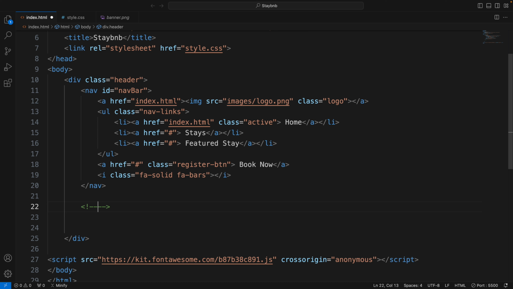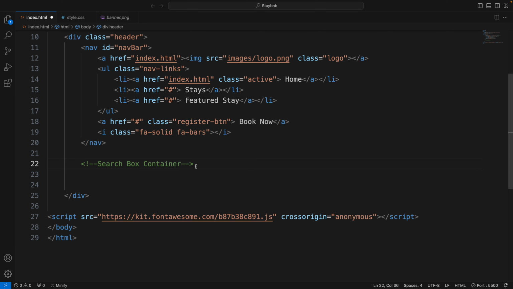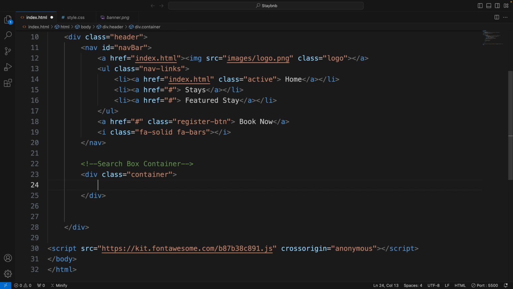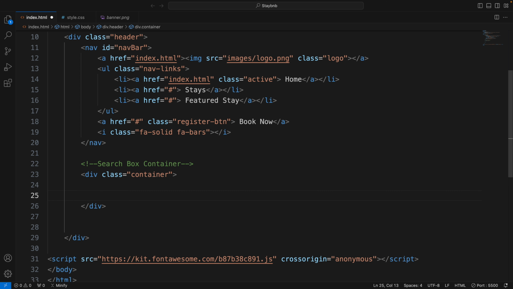Really like the search box container. All right, so it's good to break up sections of your website in containers so that you can be specific for when you're styling them. So we'll go container,